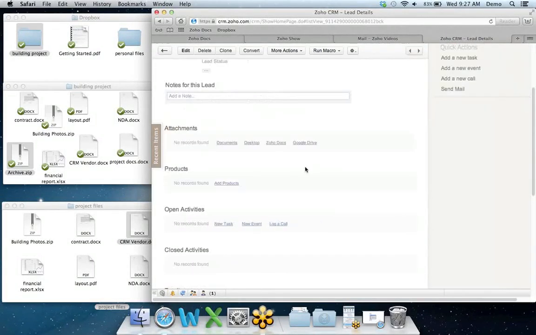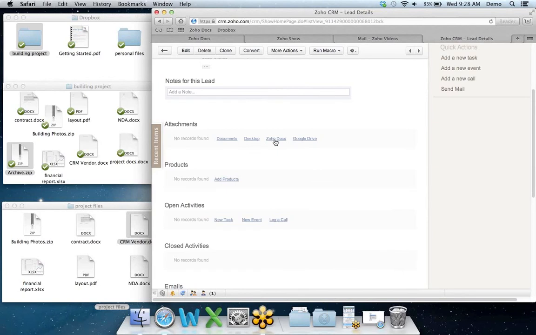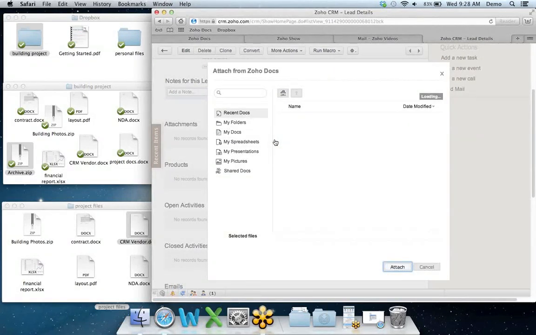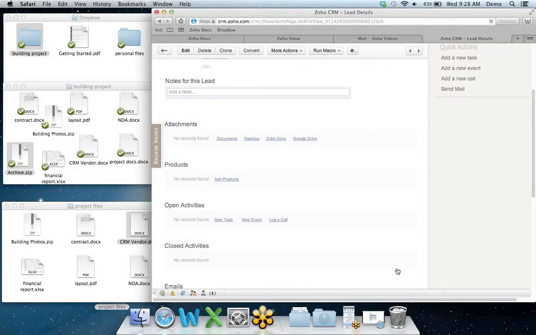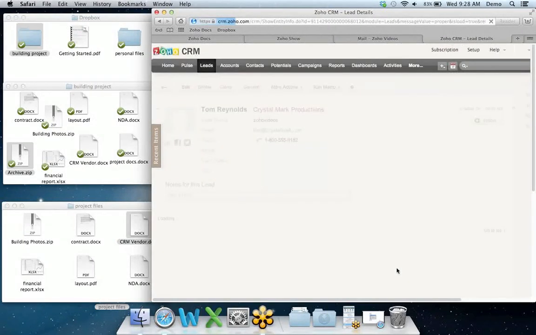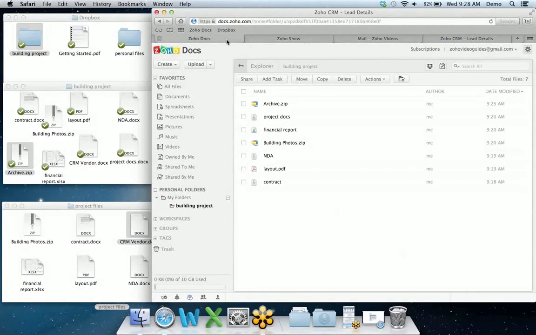So in the CRM leads page, we're going to scroll down to where it says Attachments, and then select Zoho Docs. Now from here, we can select any of the documents that we would like. For example, we can attach our NDA, and that will be attached directly to the lead in CRM. So in this demo, we've shown how we can integrate Zoho Docs and Dropbox to be able